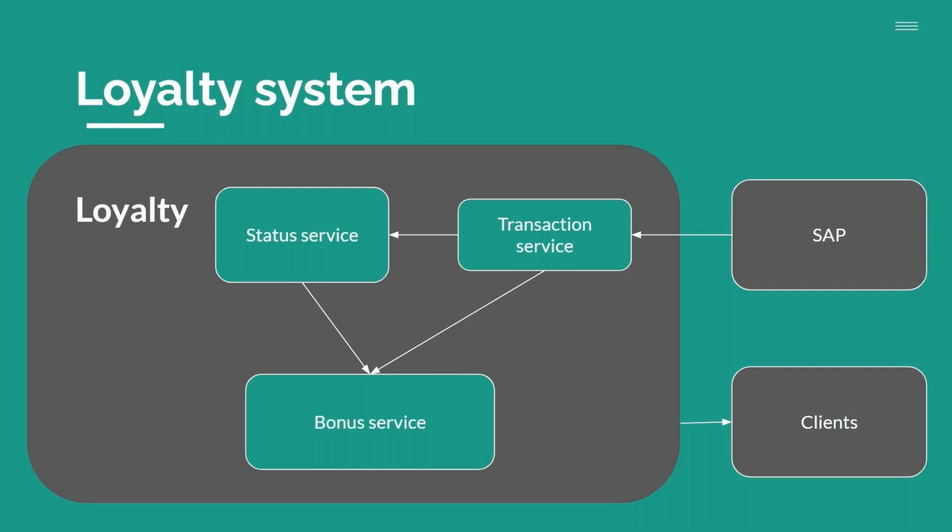Of course, status service and bonus service were talking to each other, because if you are a golden customer, you earn points in higher rate than when you are basic or something like that. So this is kind of the logic of our loyalty system. And then we got clients, and it really doesn't matter. It was like analytics or help desk or whatever. They want some data. This customer, what bonus do they have? What status? What transactions? So those were questions that we need to answer.